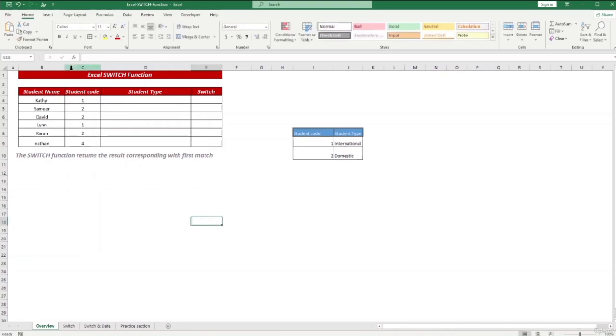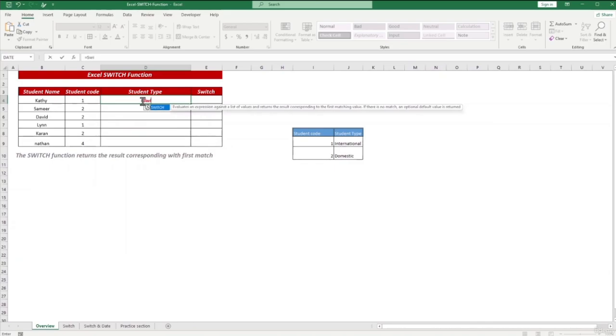It's about student names and student codes. I use the student code in here: student code 1 is for international student type, and 2 is for domestic student type. So I'm going to fill in this student type. Let me start with the equal sign, then use switch, open the first bracket, select this student code, and a comma. Then 1 for